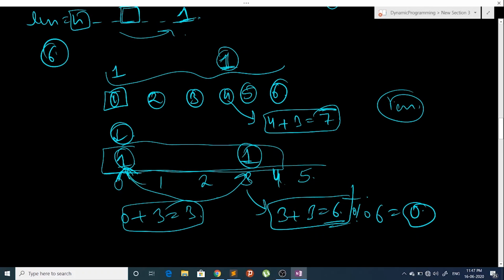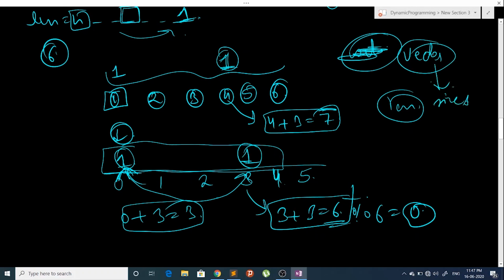We will take a vector consisting of all the sizes of a particular connected set of indexes. Here the size is 2, so we will push back 2 here. Now I'll go to 1 and mark it, then go to 1 plus 3, that is 4, and mark it.